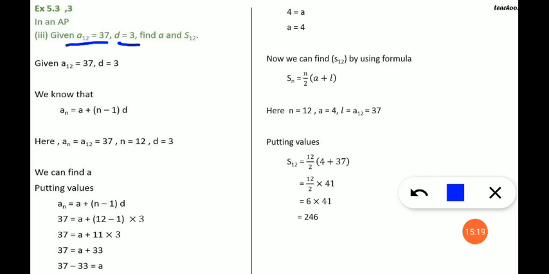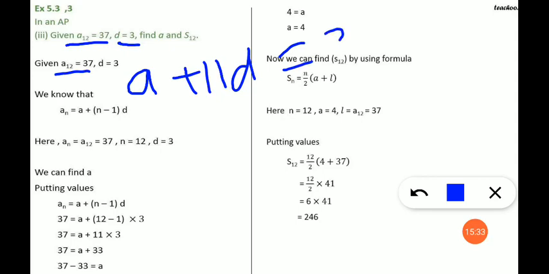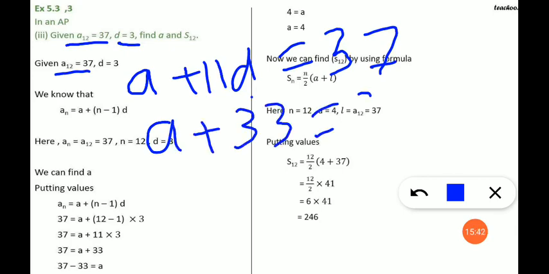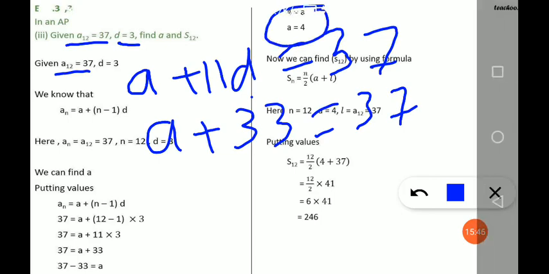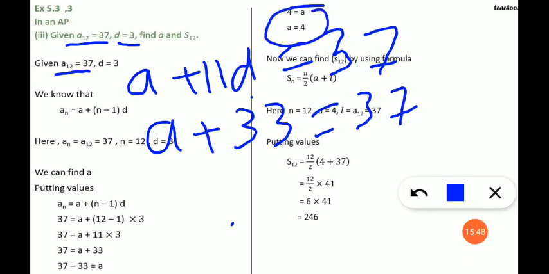Again, we know a12 is equal to 37, which means n is equal to 12, or directly we can write a plus 11d is equal to 37, and d we know is equal to 3. So a plus 33 is equal to 37,